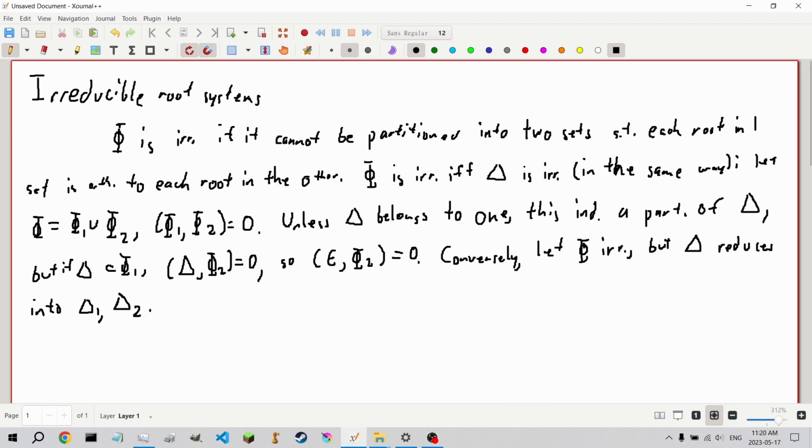So the union of these two is all delta, and they are orthogonal component-wise. As each root is conjugate to a simple root,